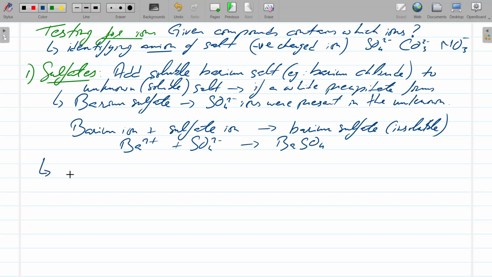When you have this white precipitate, you add a few drops of dilute hydrochloric acid, and you want to notice what happens. So if after adding it, the precipitate does not dissolve,